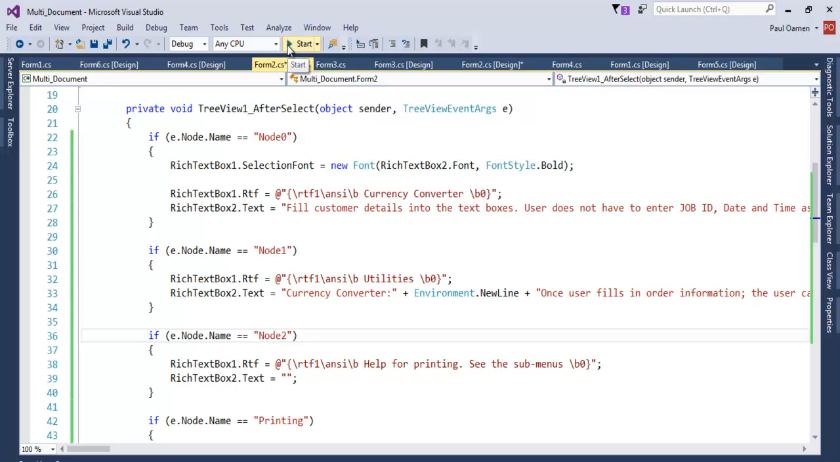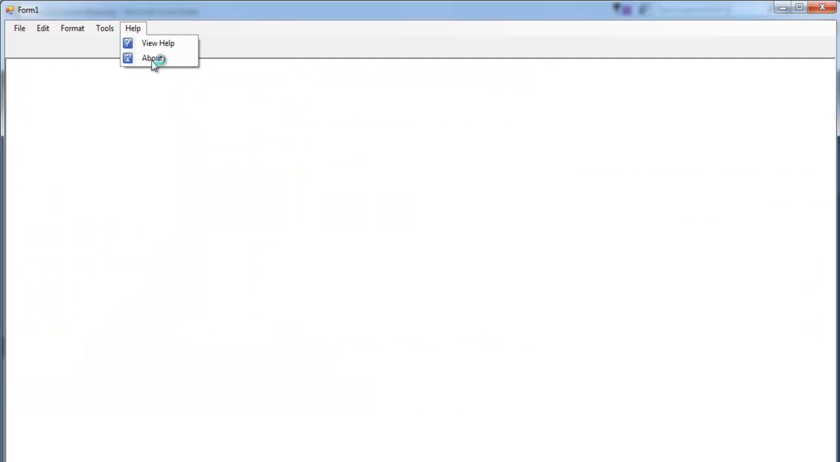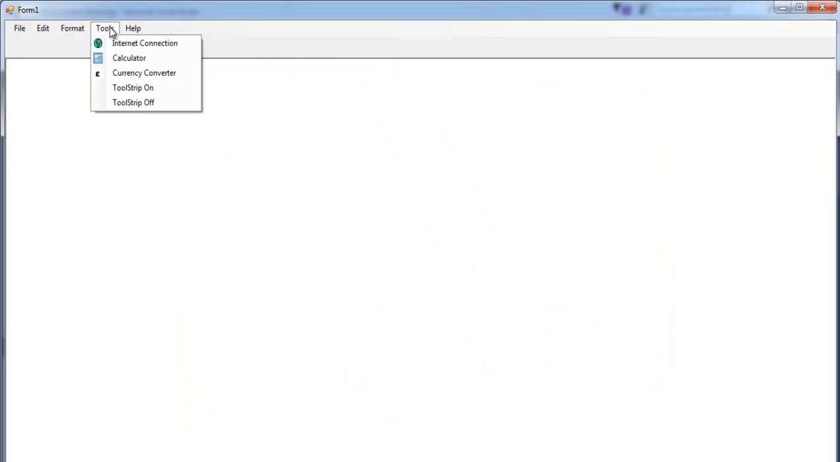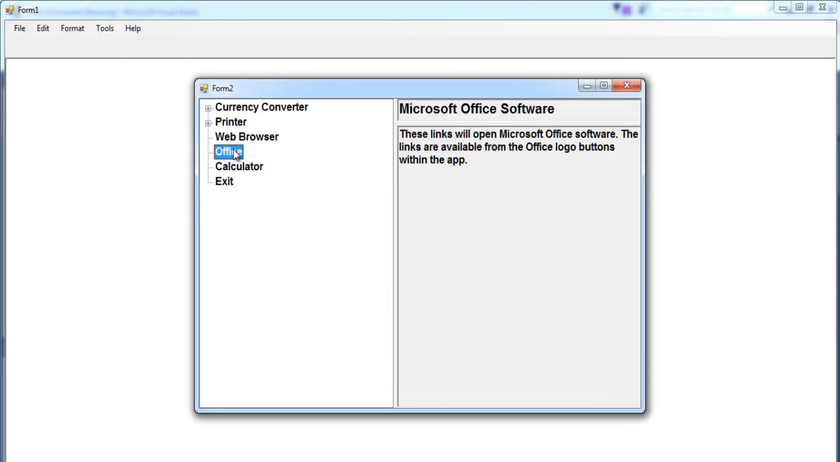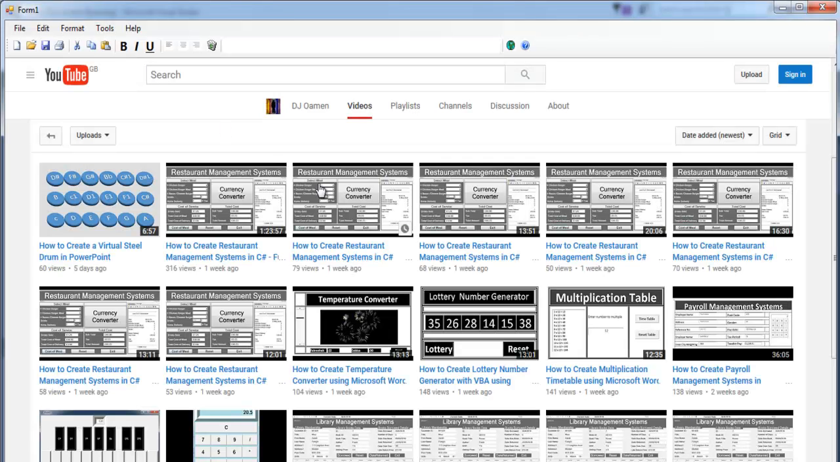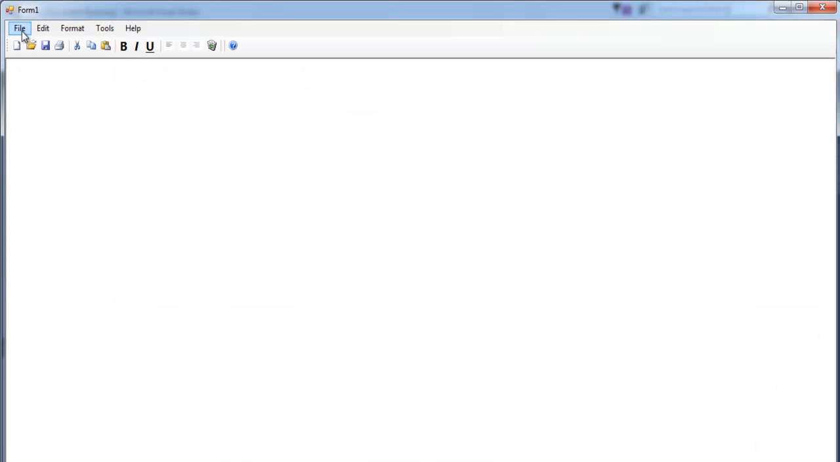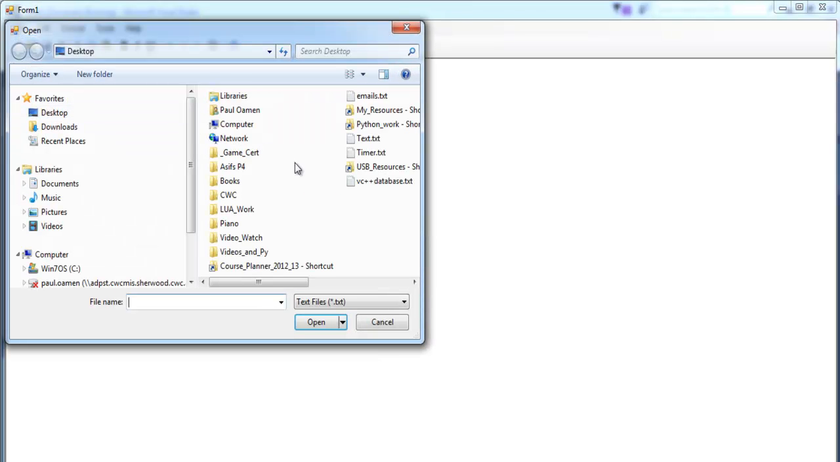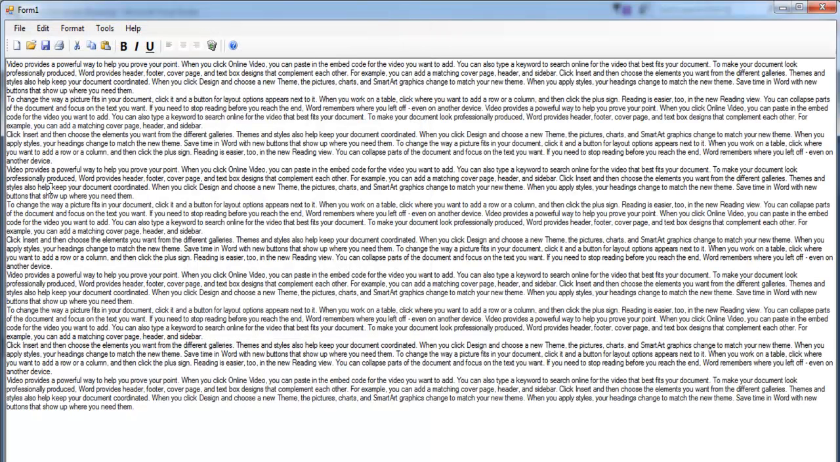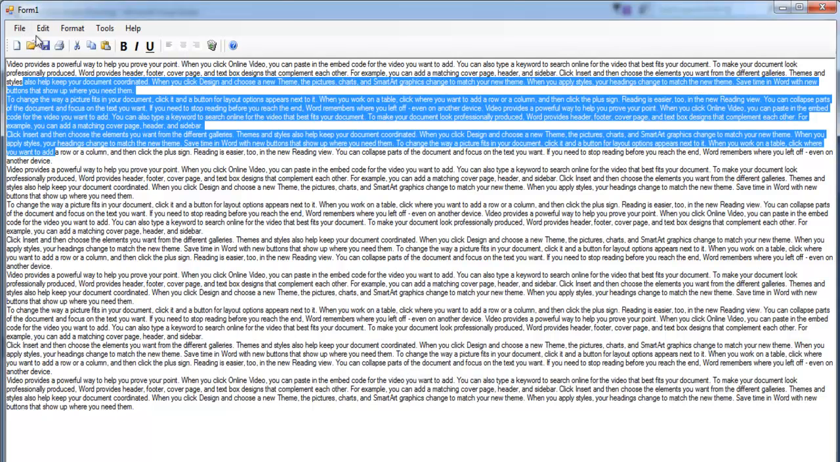Alright, so if I run the system, this is how it looks now. That's my about. Okay, and here I have my help. Just select that. Okay, that's how that works. Then we can select and go online, or we can just open a new text. Edit it. Okay, edit it. You can select it all,